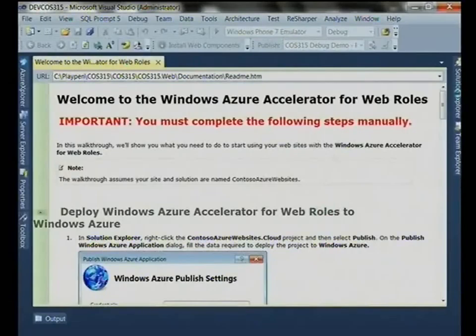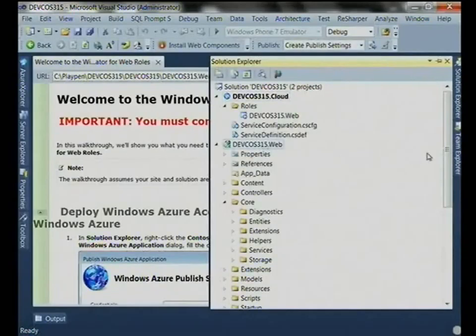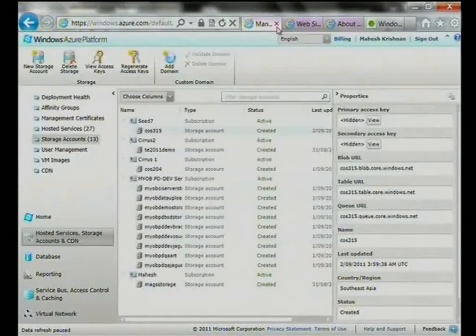I'll quickly show you how the solution looks when it shows up. Now, again, there are two projects created. One is a project that hosts the website manager, and then a Windows Azure project. So this is the website manager project, and then there's the Azure project. I'm not going to deploy to the cloud now. It's going to take another 15 minutes, but I've got one already deployed, so I'll go over there real quick.